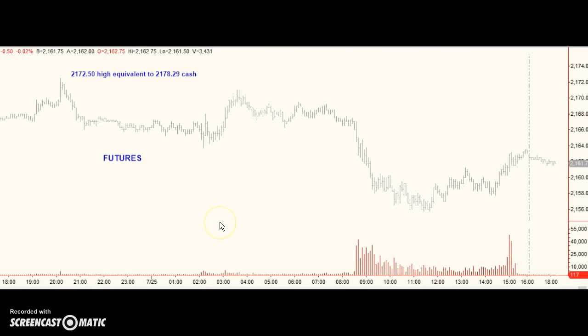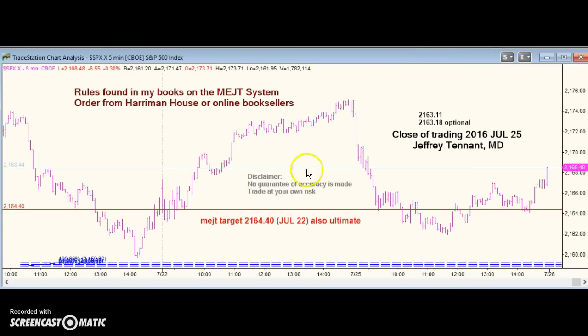If you look at the futures market, the 2172.50 high was equivalent to 2178.29. So in terms of the time and the price, the target was hit in futures. It's still a question if we're going to hit it in the cash market or not. Before we get into that, let's